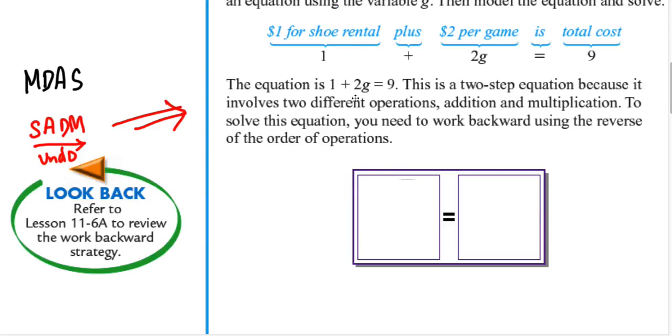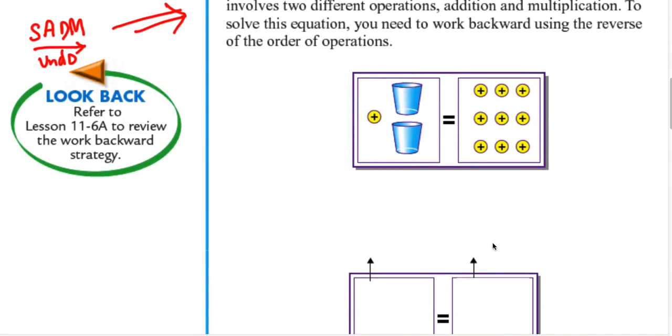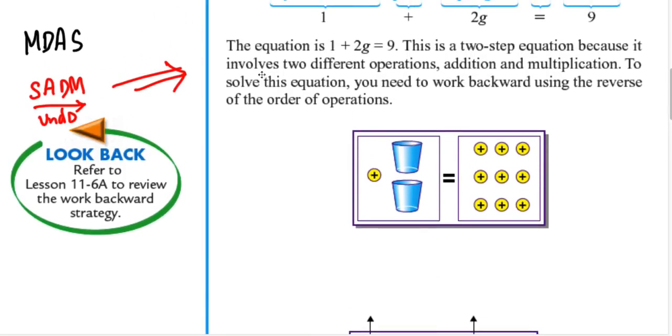First, we have one shoe rental and 2G. That means you have 2 cups and one positive counter, and then 9 positive counters on the right. First things first, we need to undo the addition. That means we need to undo 1 before we undo multiplication. This is your addition and this is your multiplication. So we undo 1 by